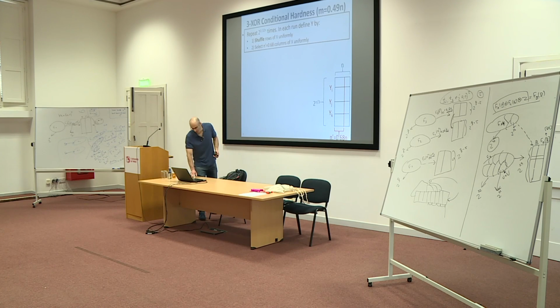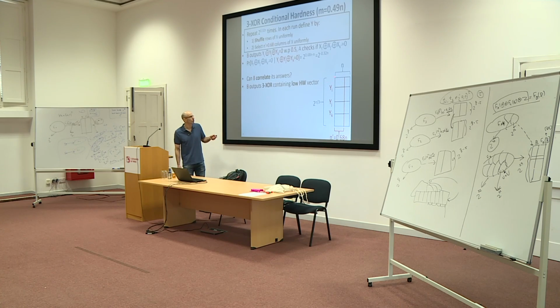I don't want to spend too much time on it, but basically, if you shuffle the rows at random and truncate the columns at random, then what we can do is output a k-XOR that has a low Hamming weight vector. And you can see, doing some calculation, that